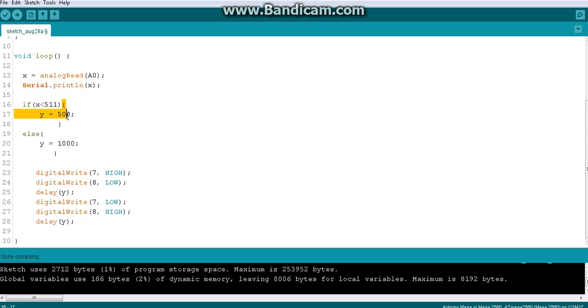So immediately we will skip the if part and jump into the else part. Here we assign the delay time to 1 second or 1000 milliseconds, so a higher delay time between the blinks. Then with the same y we will go for a blink.